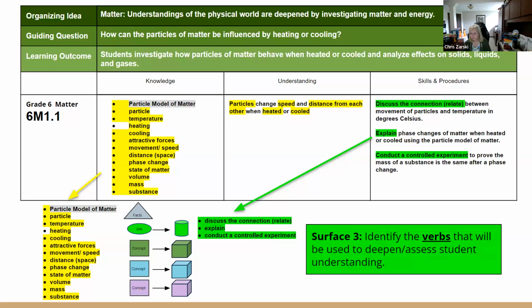And a lot of the things that are highlighted in yellow there are just cut and paste actually from grade 5. Yeah. So right, it really is, as we said, you're going to have to go back and reteach some of the grade 5s, but you're still meeting all of your outcomes for grade 6 at the same time. So don't panic that you're going to run out of time.